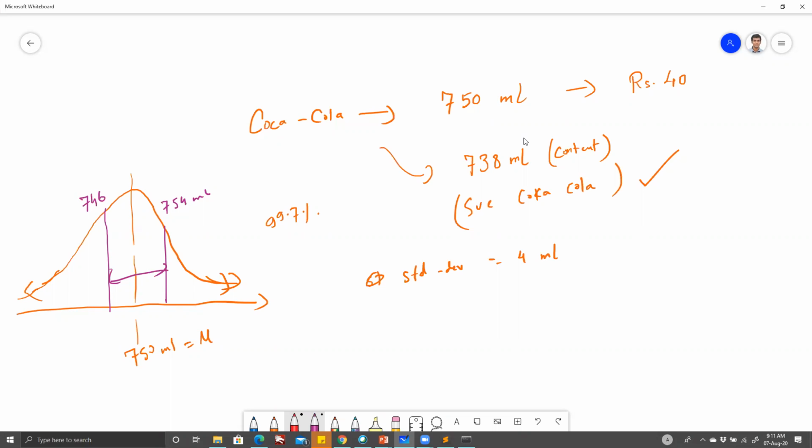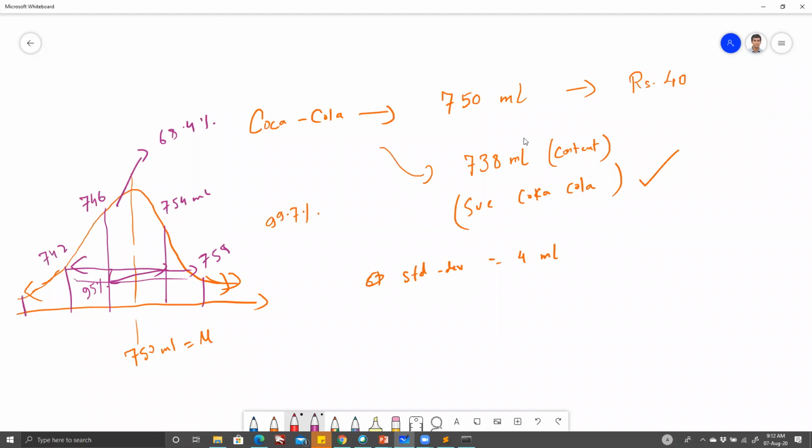Okay, this is just one standard deviation. So this is going to cover 68.4% of bottles only. Let's double the area, double the space, sorry. So in 2 standard deviations, I come to 742 ml and the upper one becomes 758. Again, no one cares about the upper part. How much percentage area have I covered? Means what percentage of bottles have we covered? 95% in total.